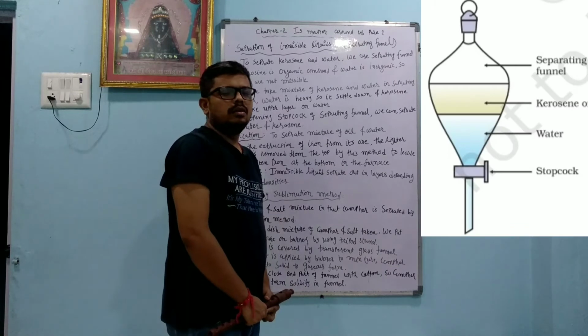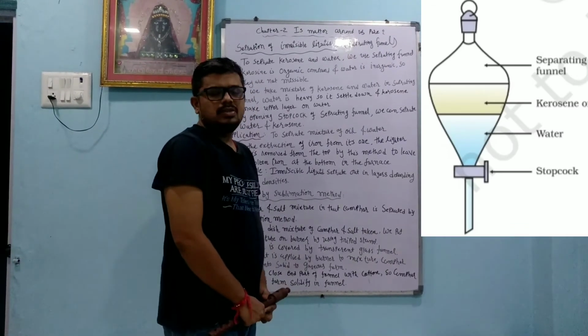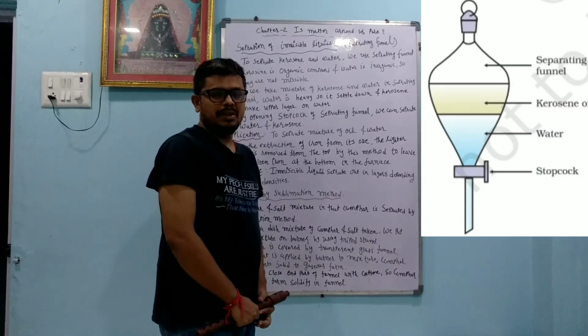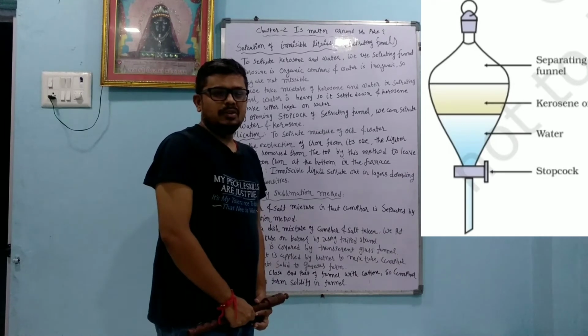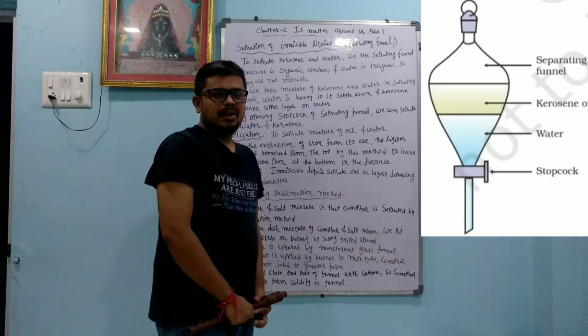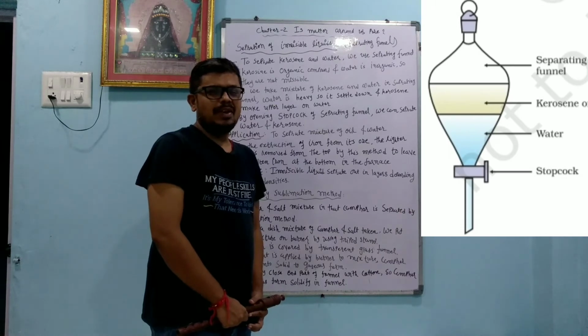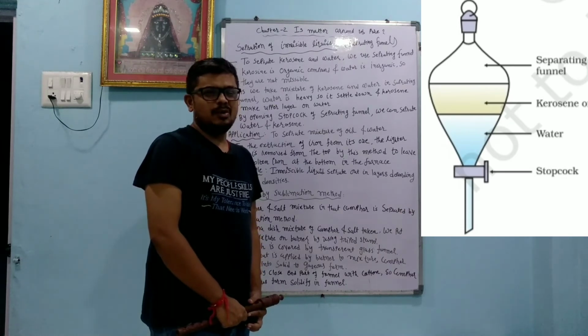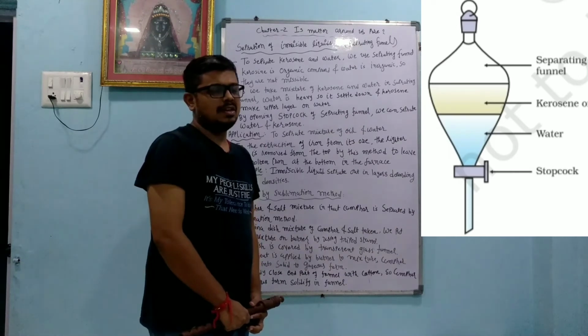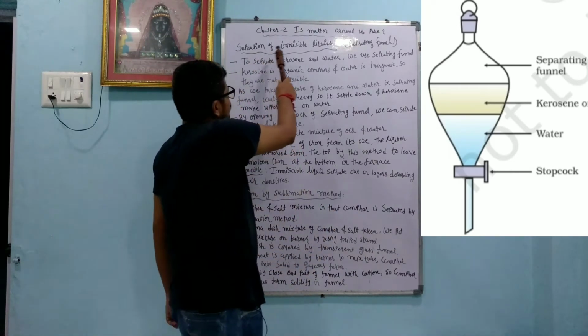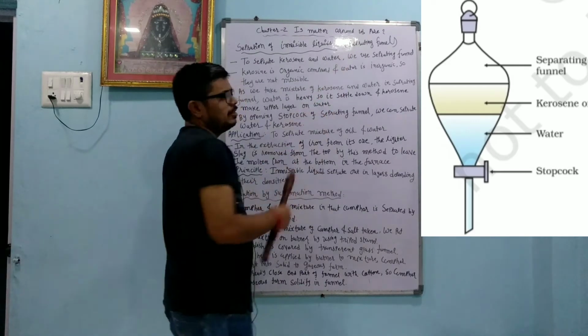Dear student, we are going to learn the separation of two components by the separating funnel, in which the two liquids are immiscible. Then we will learn the sublimation technique to separate two components, where one is easily volatile, easily undergoing sublimation, and the other does not easily convert from solid to liquid or liquid to gaseous form. Okay, so one by one we will start. Separation of immiscible liquids by the separating funnel.